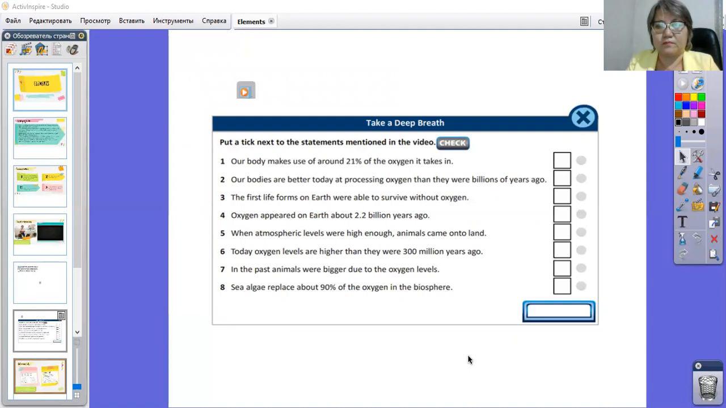But after 3 to 4 billion years of evolution of life on Earth, shouldn't our bodies be better at processing oxygen? Scientists believe that the first life forms on the planet were able to survive without oxygen. It was only after plants established themselves that oxygen appeared in the atmosphere about 2.2 billion years ago. Fossil evidence suggests animals first appeared about 700 million years ago in the oceans. Around 500 million years ago, atmospheric oxygen levels were high enough to enable animals to venture out of the ocean